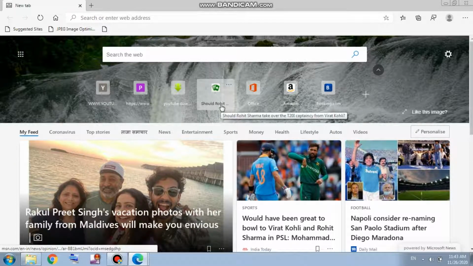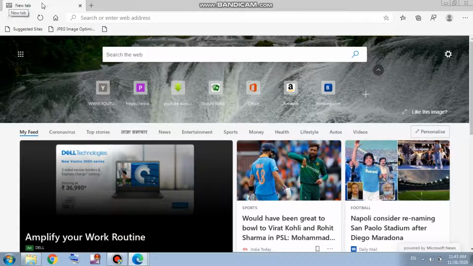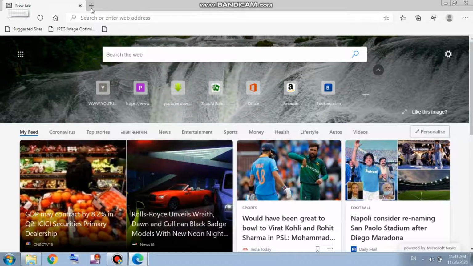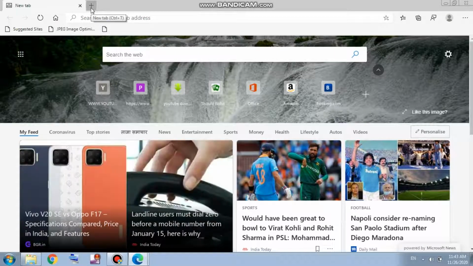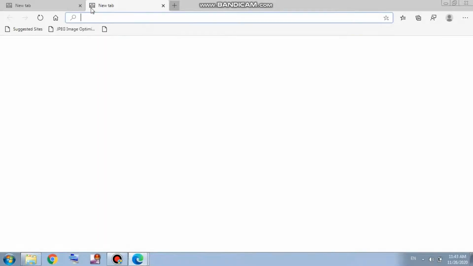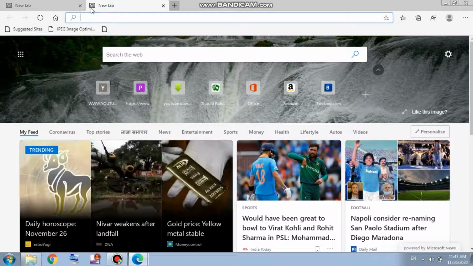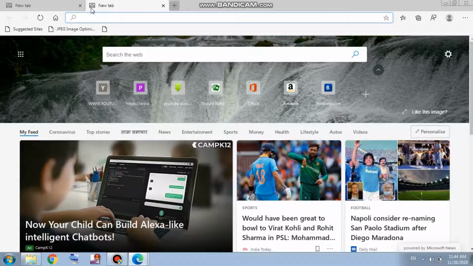Now we will learn about a few important things, like the components. These are the tabs. Here you can see a new tab and a blank tab, that is the first tab. This is the start tab. The tab allows us to open multiple web pages in the same window. Each web page opens in a tab. As you can see, each web page opens in a new tab. The tabs for different web pages are present on the top edge of the Edge window.